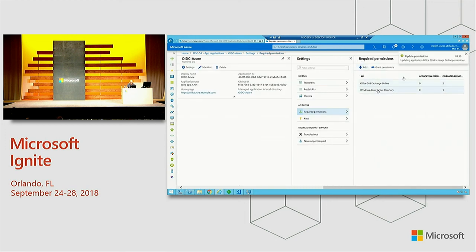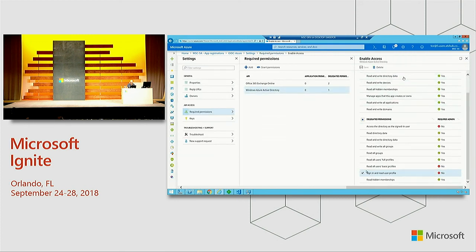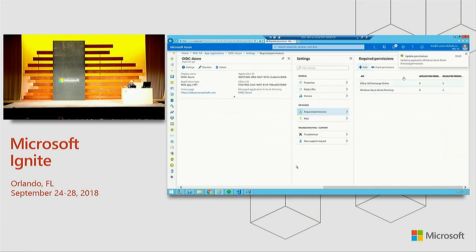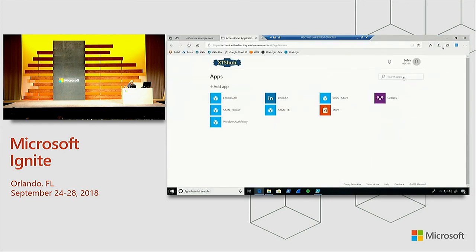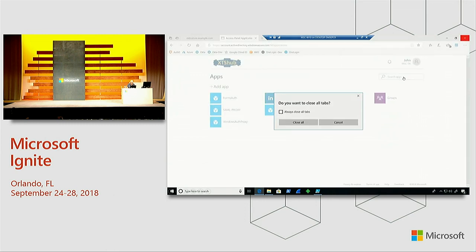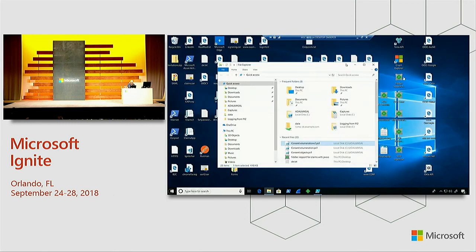So let's go and add an extra one in here for the Windows Azure Active Directory. We'll just come in here and save that. Let's save that as well. So we've got 2 permissions into Exchange, 2 permissions into Azure AD. Now, if we come back over here, close this off and go back in as John,